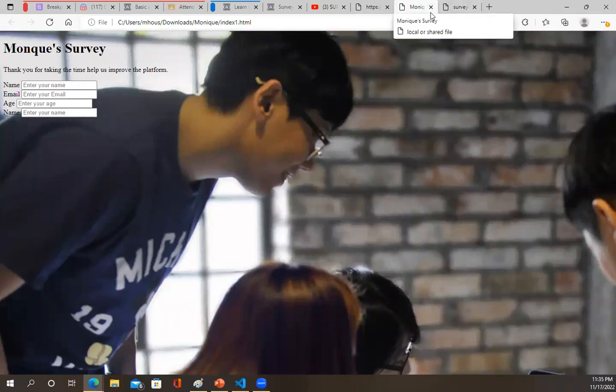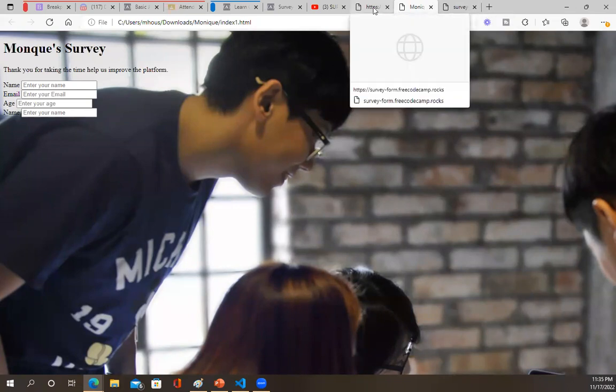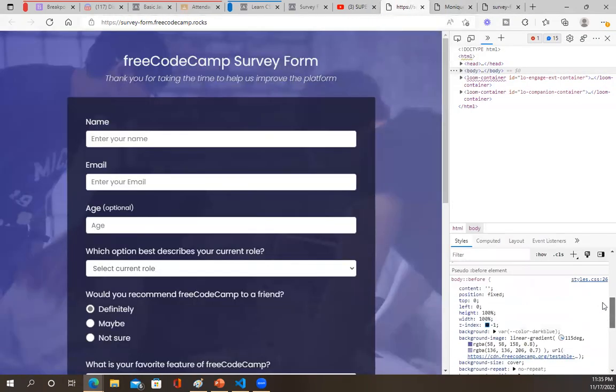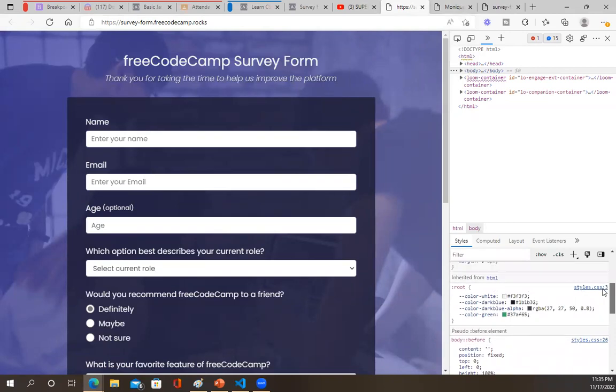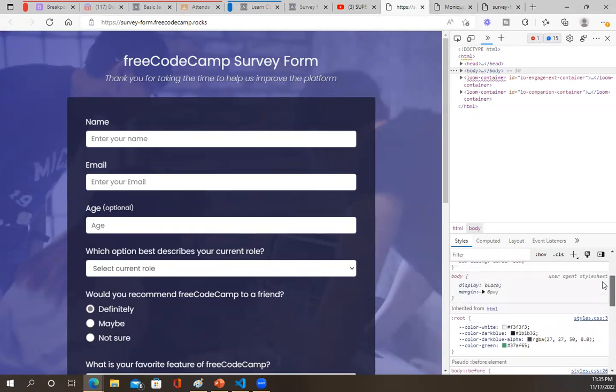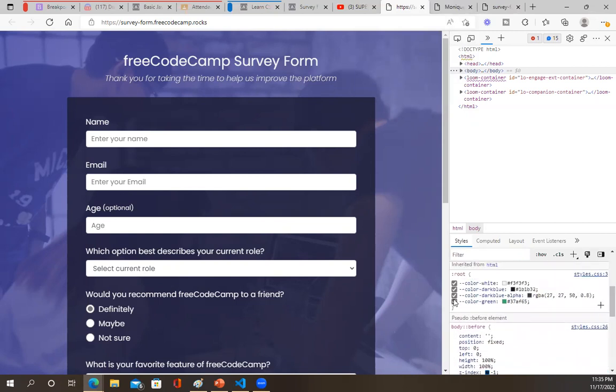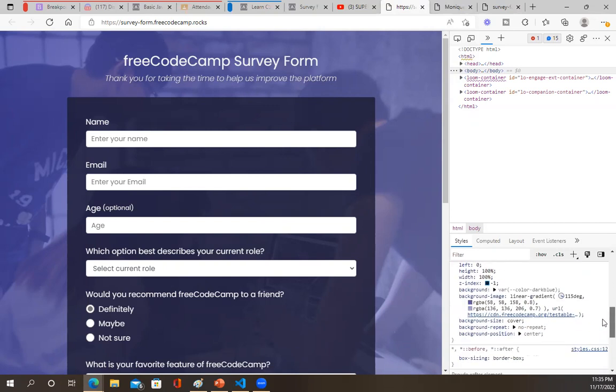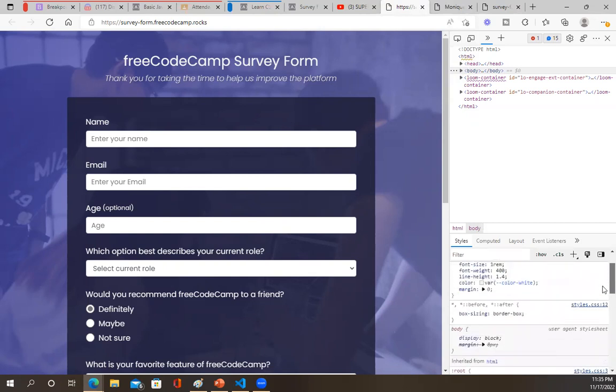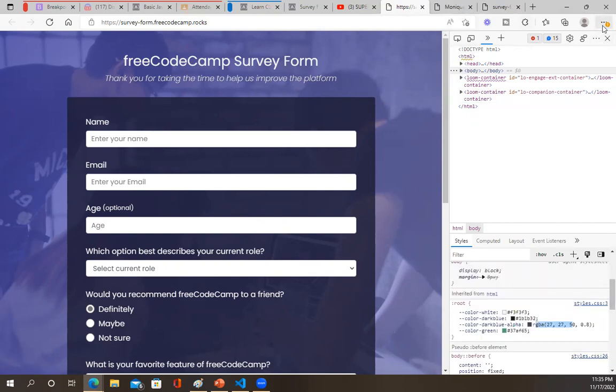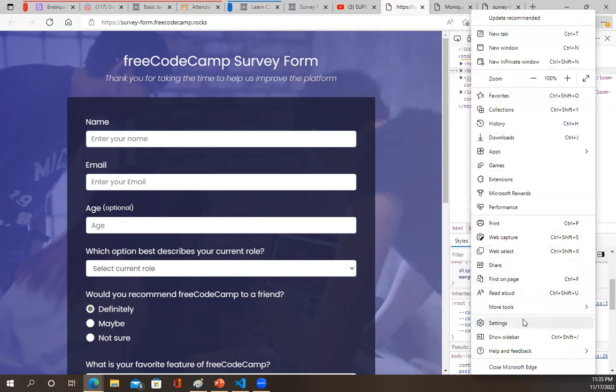Just tried to see exactly what did they do? Like, what were they doing? What are the colors that they used? So you can look and you can cheat a little bit. You don't want to copy their whole code because, of course, it's not going to work. They have different rules, and they probably have different classes, different IDs and things like that. So you can just copy these RGB colors right here, if you're liking something specific on the page. Okay. So let's just close this and